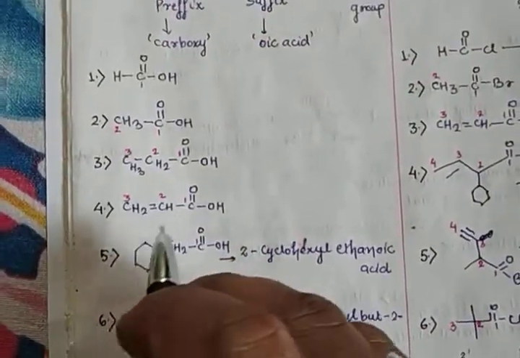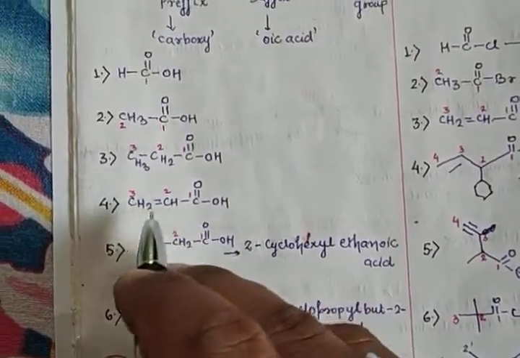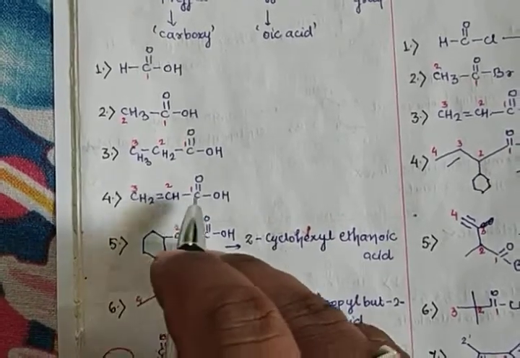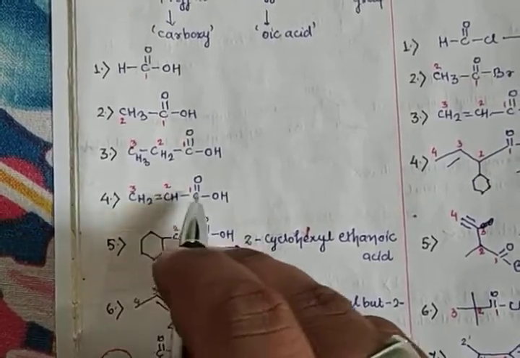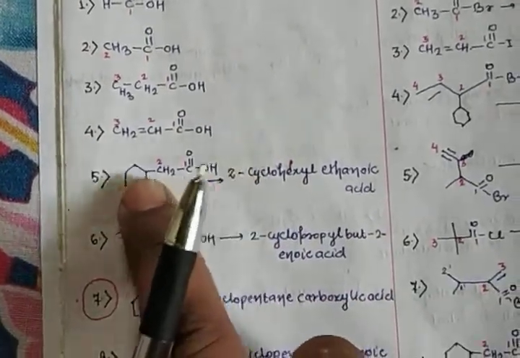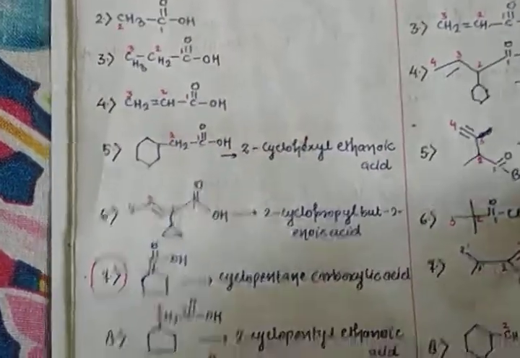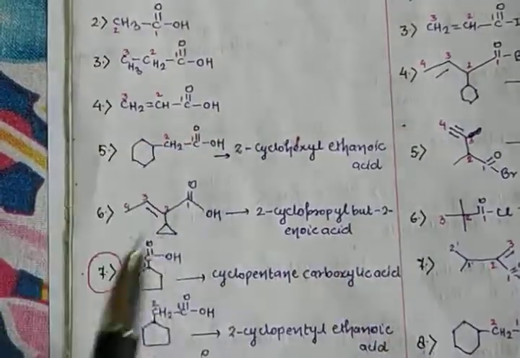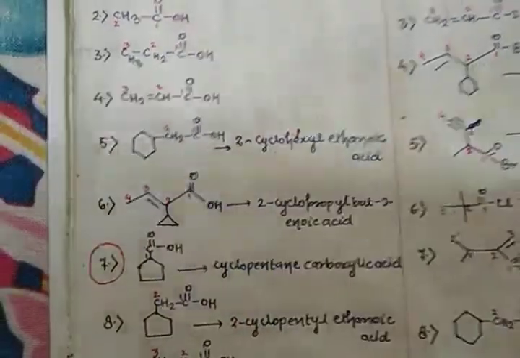The same as the other formulas. There is a different type of formula. Now there is a double bond. So you know very well, 1, 2, 3 means prop. 2-en-1-oic acid. The same for this formula: 2-cyclohexyl ethanoic acid, because the functional group has priority and this is a substituent. The same for this. Okay, clear?